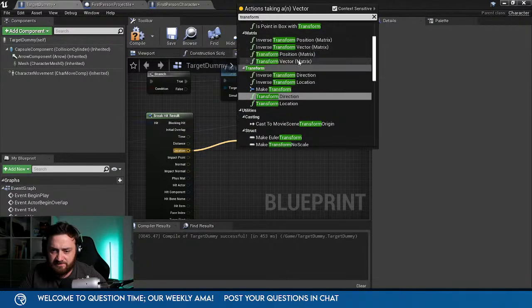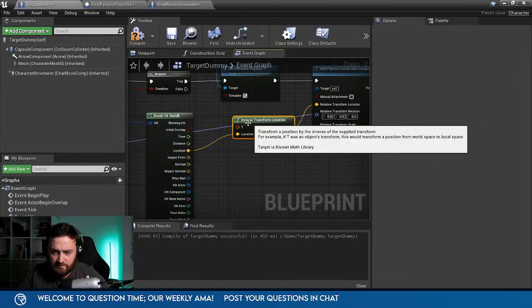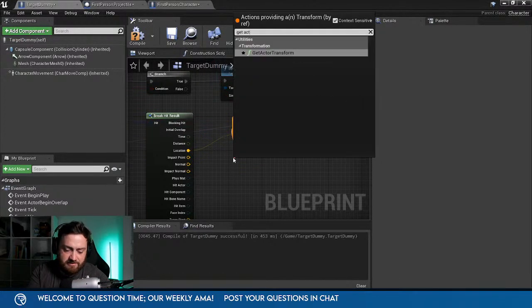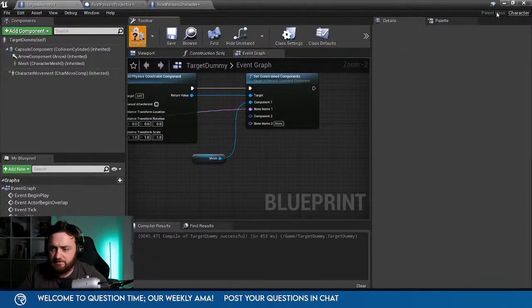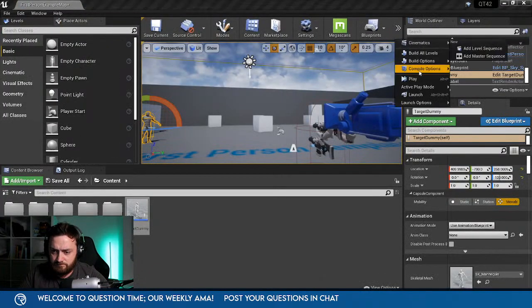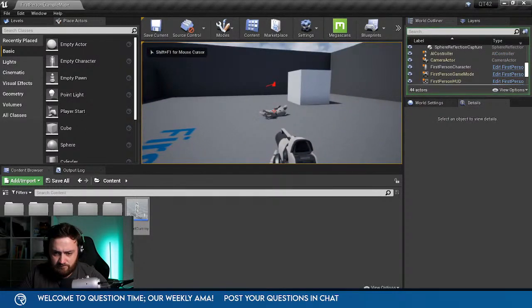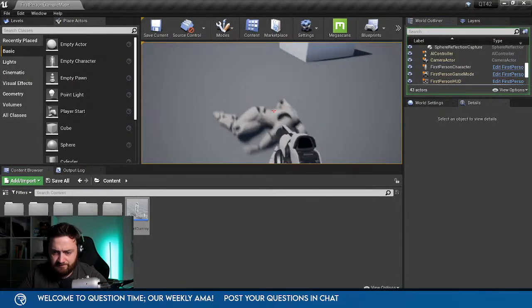So it's inverse transform location. Didn't see it had relative. And that's just get actor. Okay, let's try this now.